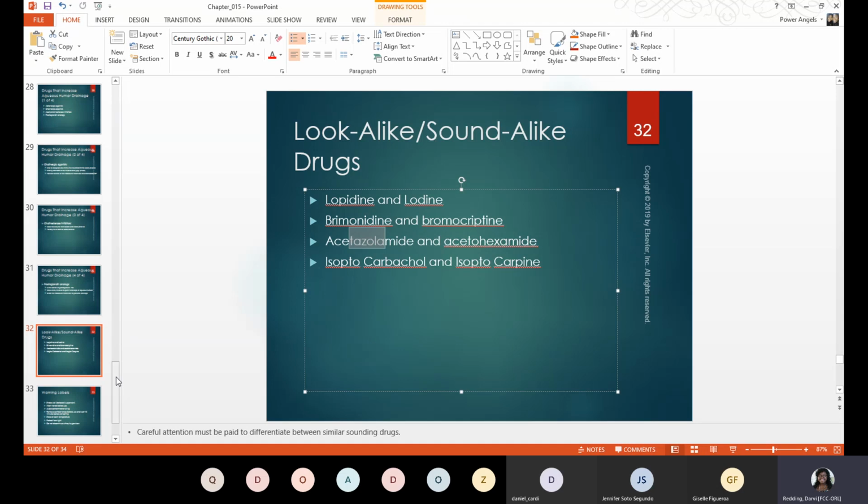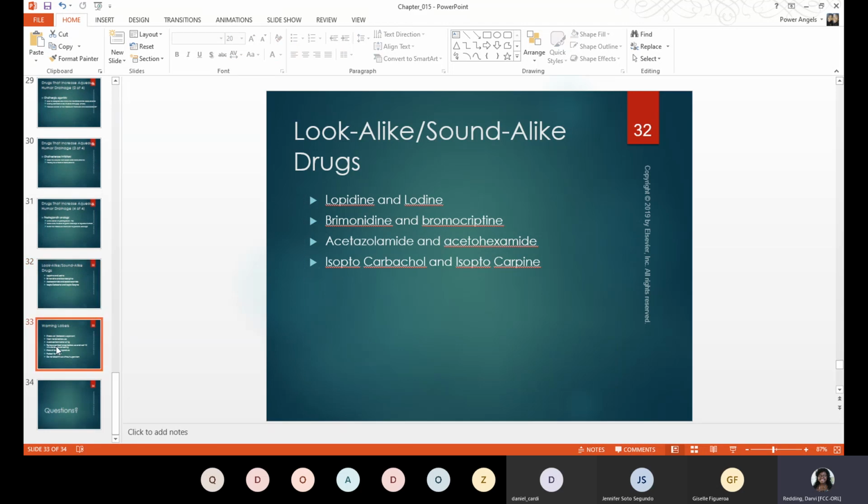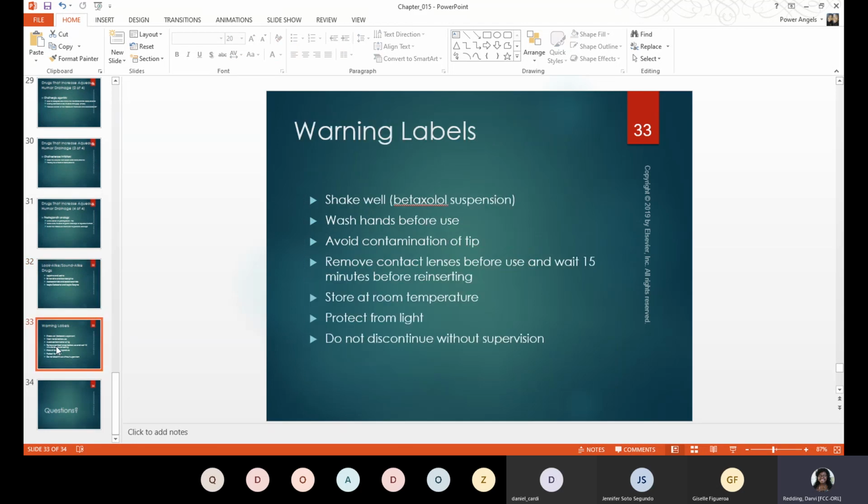So now that we've learned about some of the different eye effects, we're lastly going to talk about some of the warning labels that would be associated with eye medications. So if it comes in a liquid, 9 times out of 10, it's encouraged that on certain suspensions, it should be shaken well. So one example of a drug that should be shaken well would be the